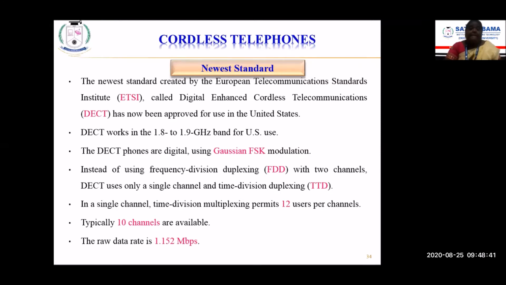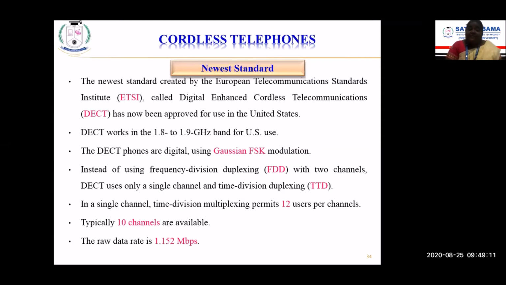Mux is nothing but many to one. Many signals will be converted to a single signal, and that is transmitted via the transmitting channel. At the receiver side, the single signal will be demultiplexed, and the actual different frequency signals, if you are performing frequency division multiplexing, will be retrieved. So that is about frequency division multiplexing or duplexing techniques.